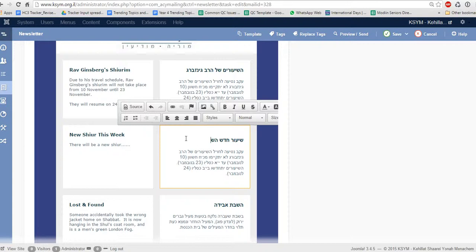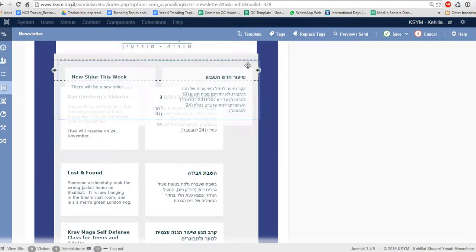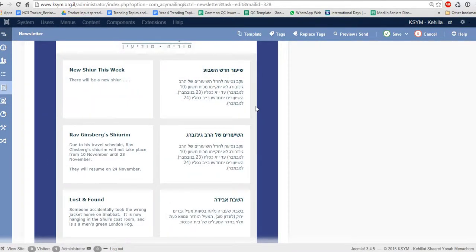As you can tell, my Hebrew typing isn't so fast. And then blah, blah, and I can add, okay. So that's how you add a new section, a new bunch of information. Click outside of it to get rid of the outline around it. If you want to move, let's say this is more important than this, so use the little move icon and just pull it up, and that will become the new item instead of what